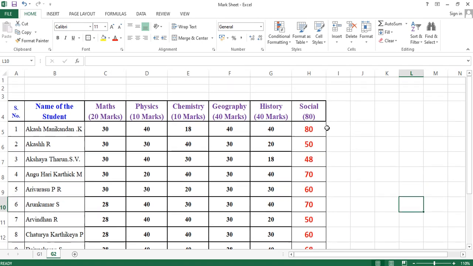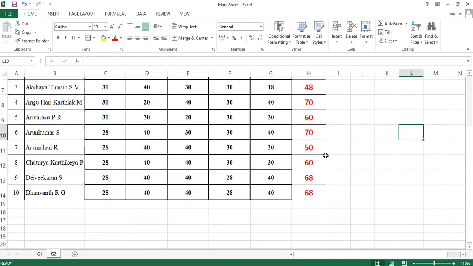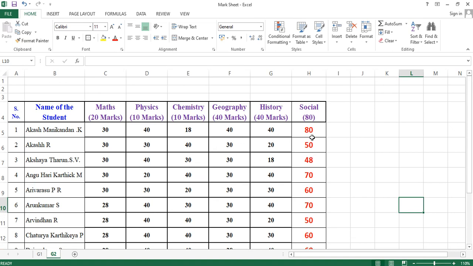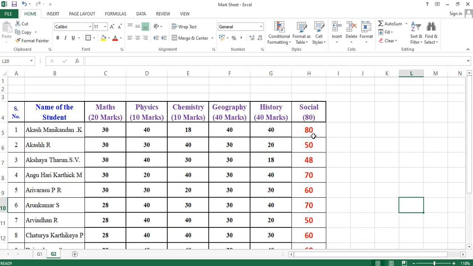Yes. So this is the simple addition, how to do it for the subjects, and I will tell you simple calculations. So this is for addition, right? Here, if you want to subtract something, what you can do is click here, the equal to symbol. I want to subtract this geography mark and history mark. Okay, so that is geography and history.